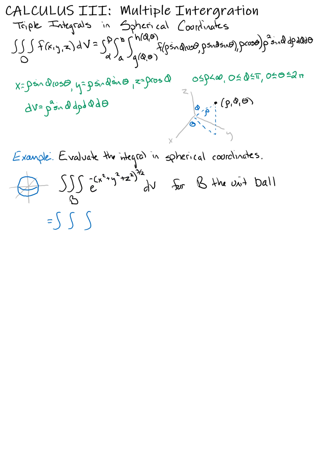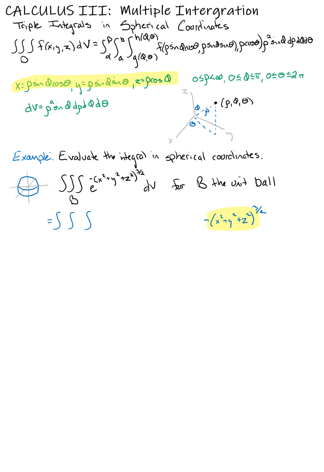I'm going to just play around with that opposite of the x squared plus y squared plus z squared to the 3/2 power. Now, if you take the substitution that x is equal to rho sine phi cosine theta, y is equal to rho sine phi sine theta, and z is equal to rho cosine phi, put that in here,